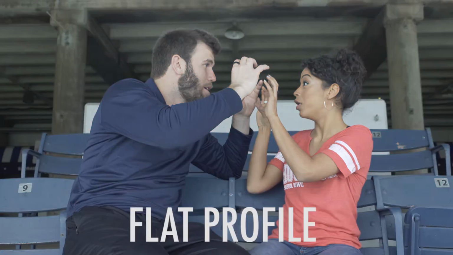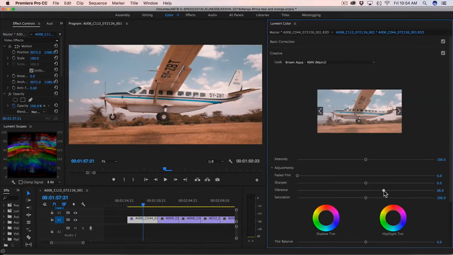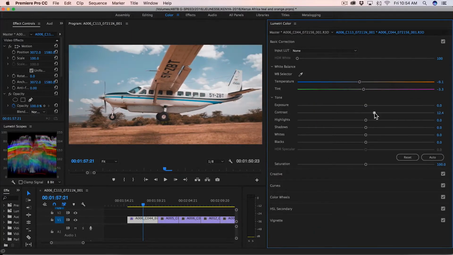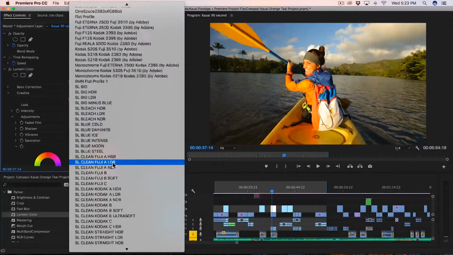Now it's important to note that LUTs aren't a drag and drop and you're done type of thing. They still require tweaking for each individual clip since no two clips have the exact same exposure or color. So make sure to go through and fine-tune each clip. To give you an idea of how these LUTs look and how I fine-tune them, here's an example of me